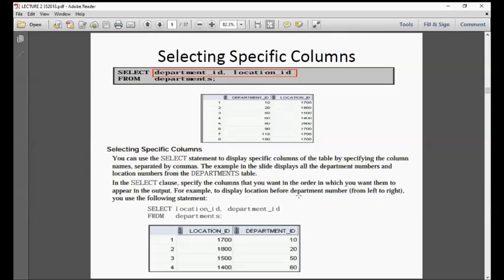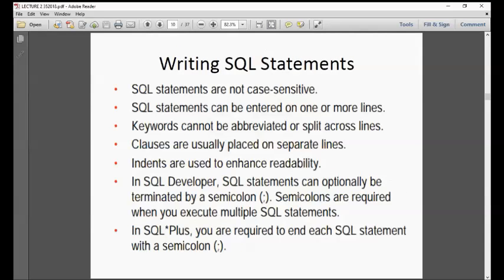Okay? Specific columns. Now, writing SQL statements. Number one, they are not case sensitive like C++. It can be entered in one or more lines. Why? Because if you put semicolon, it means it's the end. Okay? And keywords cannot be abbreviated or split across lines. So it means to say, if the keyword is select, you cannot put underscore or hyphen.